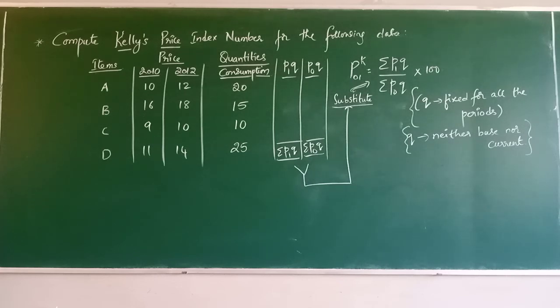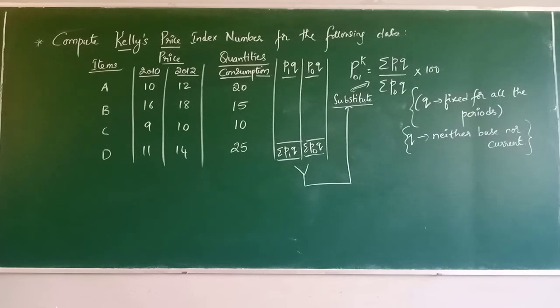After calculating this, how much percentage has increased or decreased from base to current has to be written as a conclusion. So this is the problem of Kelly's. It's a straight question. There is no twisting, no indirect kind of question or any merging, nothing of that sort. It's a straightforward 5-mark question: compute Kelly's price index number. But be careful and very cautious: Kelly's price index number is what is given. That's why I underlined Kelly's price. If quantity is asked, what would be the formula?